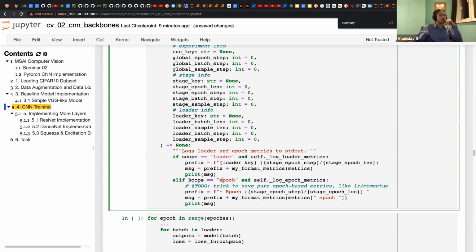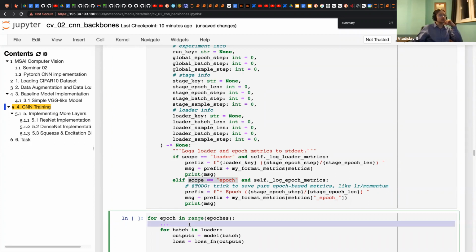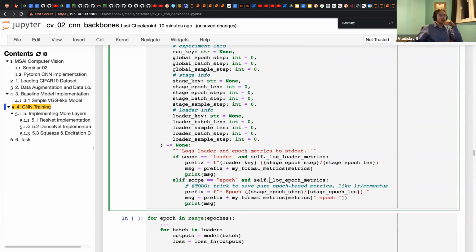And another scope is epoch. And on each of these epochs, we print some message.